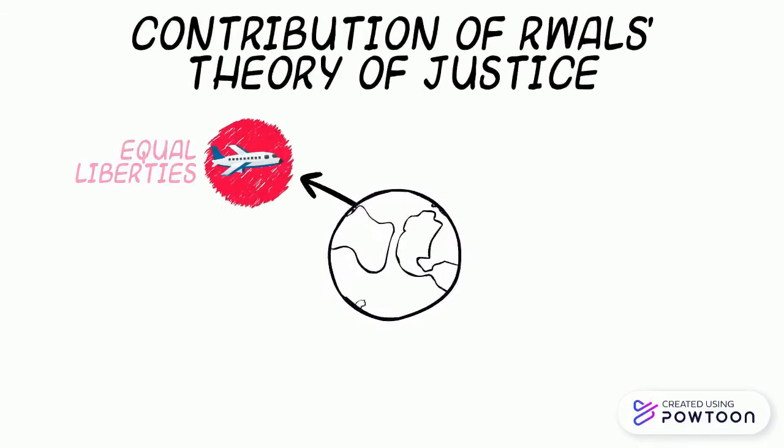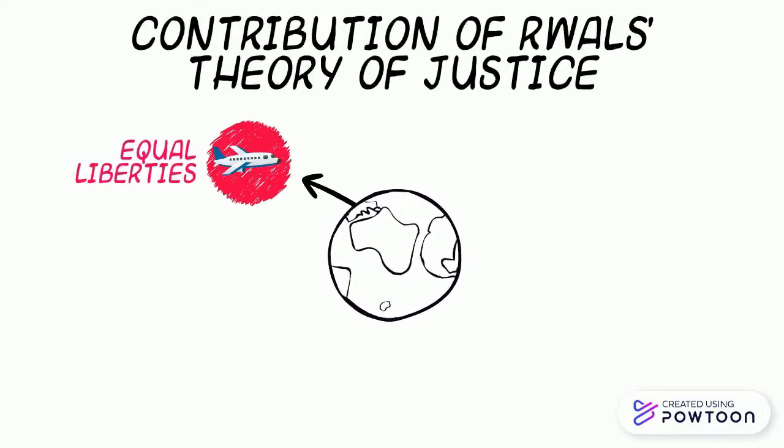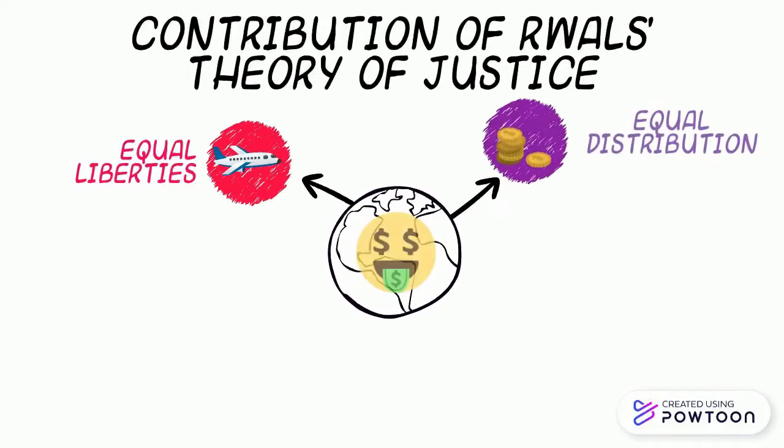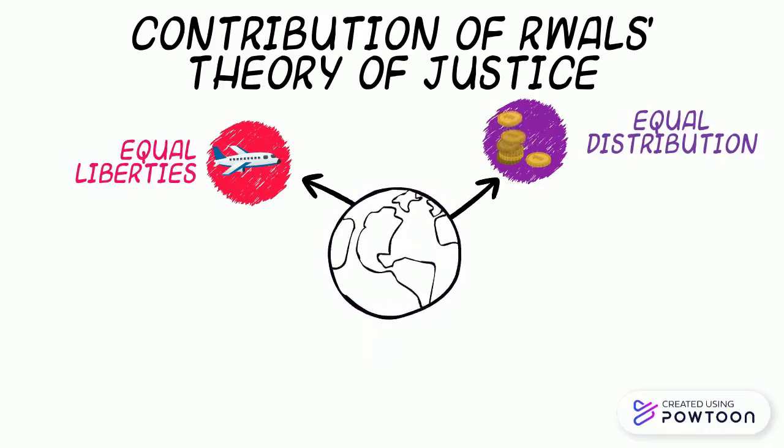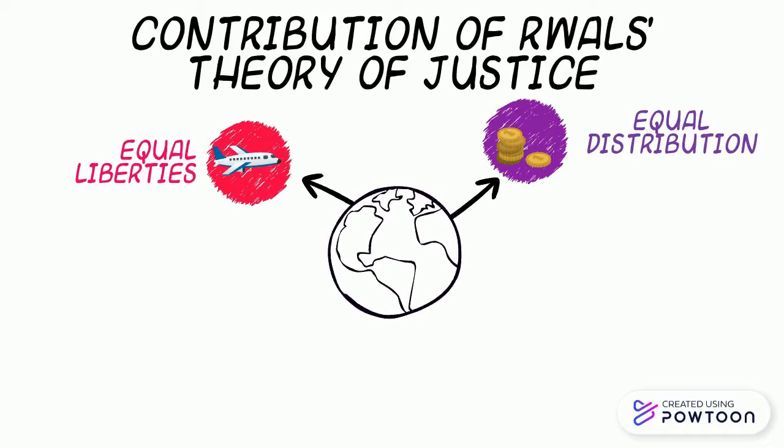So this theory has contributed a lot to society. For instance, it secured equal liberty for all the citizens and also equal distribution, unlike utilitarianism, which restricts the liberty of the minority to work for the benefit of the majority. It actually formed a scenario where the rich will become richer and those who are already disadvantaged, their life will become worse. So by applying the theory of justice, a party in original positions will give equal liberty to their citizens by choosing justice and fairness and safeguard the standing and commitments of their citizens, even if their citizens turn out to be in a weak minority.